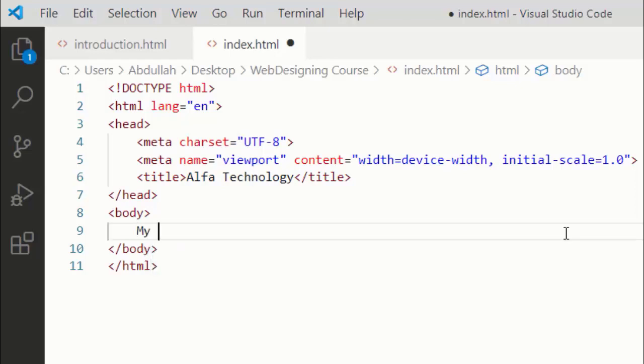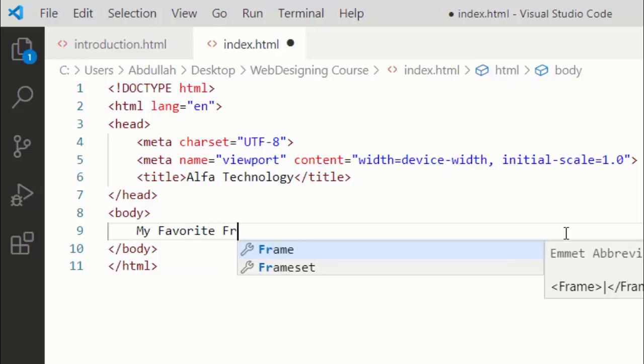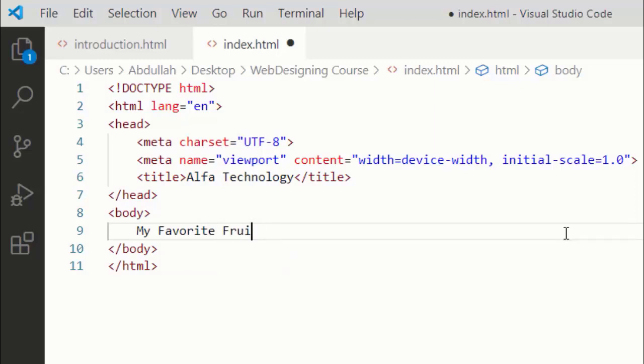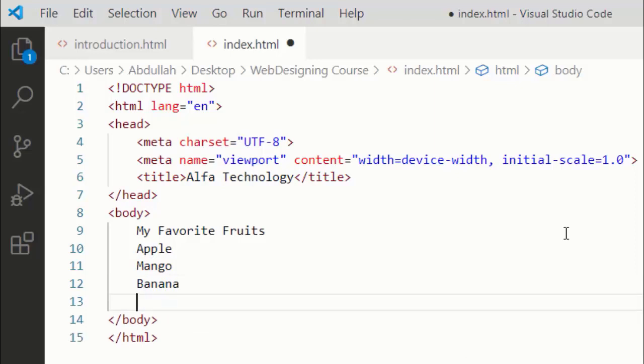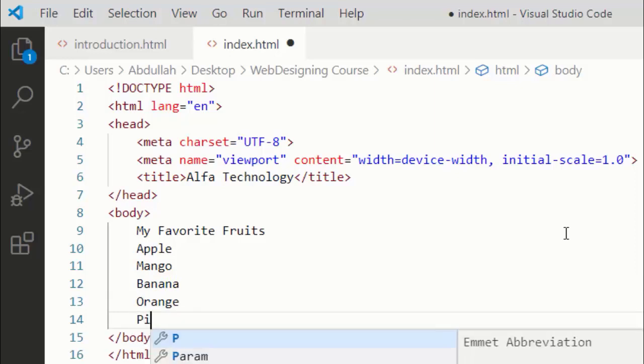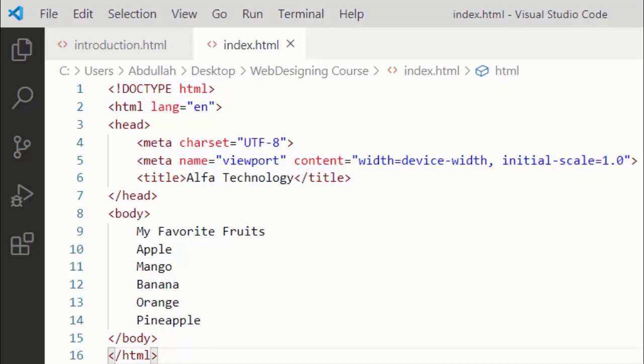So I will write my favorite fruits, and here I will name my favorite fruits: apple, mango, banana, orange, pineapple.